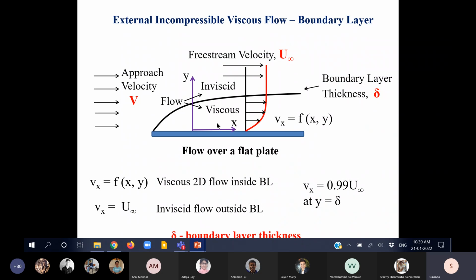So if you think about this layer, it is greatly exaggerated. The thicknesses are of the order of millimeters to centimeters at the most for very large, very long surfaces. The viscous forces are important inside the thin boundary layer, and outside of this boundary layer, the flow can be treated as inviscid, as if there is no viscosity. So the Navier-Stokes equation will have to be solved in a region very close to the surface. Outside of this region, Euler's equation is more than sufficient. This has resulted in a revolutionary progress of aerodynamics,